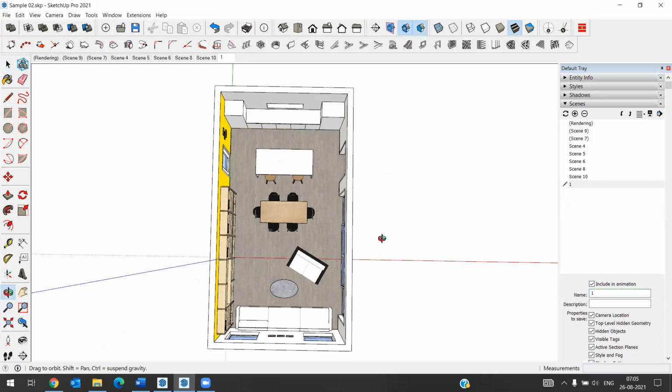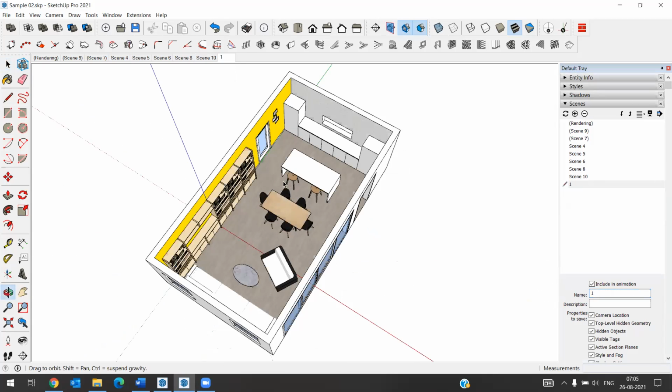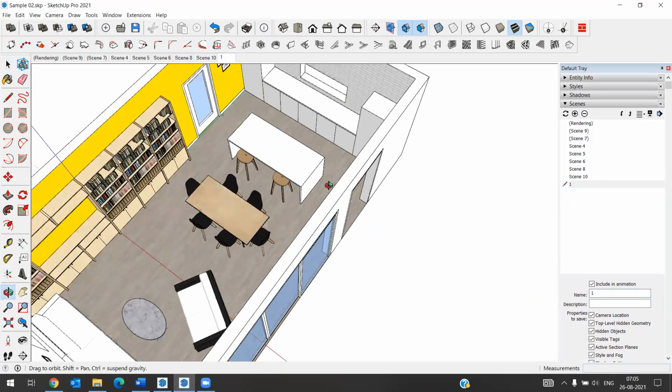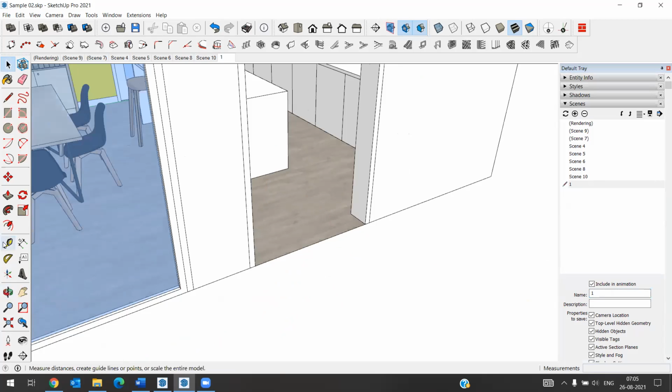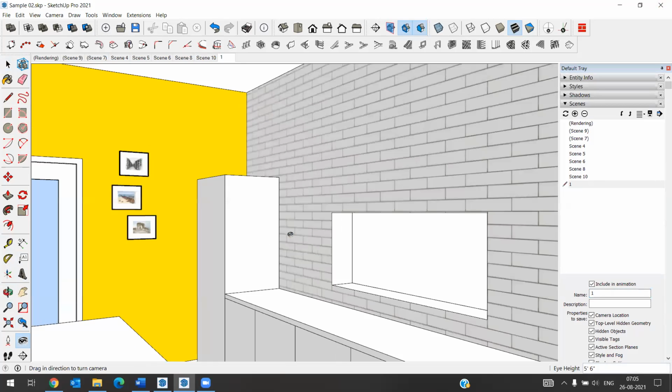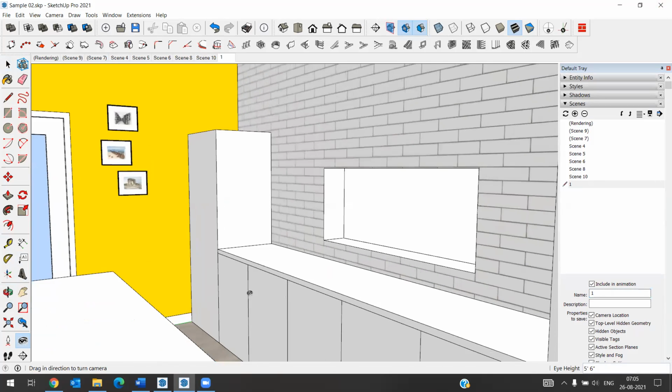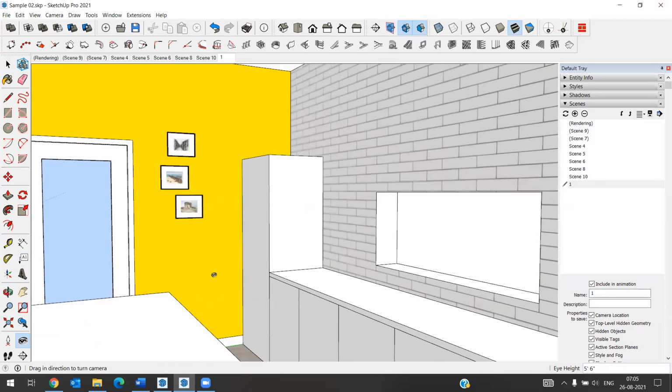Okay. Next, I will go to the door, entrance door. I'll go here and I will see from here to the kitchen. So you can arrange like this.